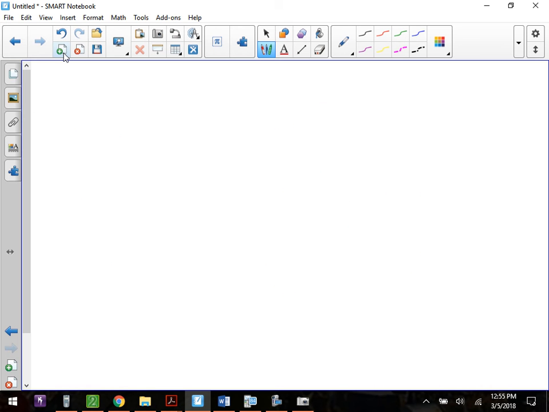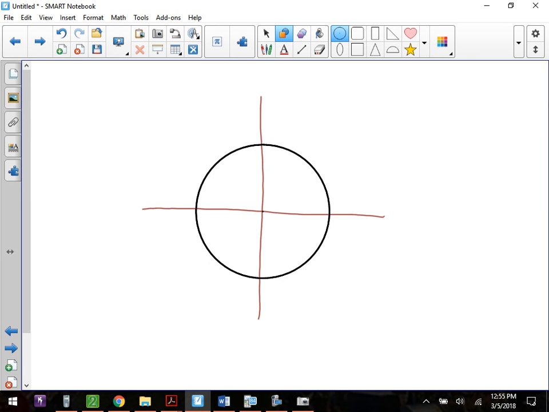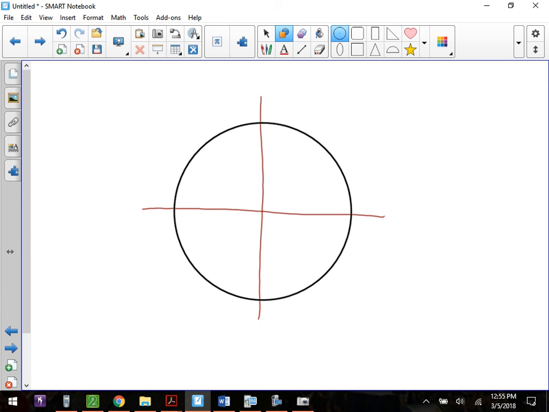Now, what happens here, and where all this pi comes from, if you take a circle and give it a radius of 1, if I start at 0 and go all the way around, how many degrees is that? 360. Very good. If I start at 0 and I go halfway,